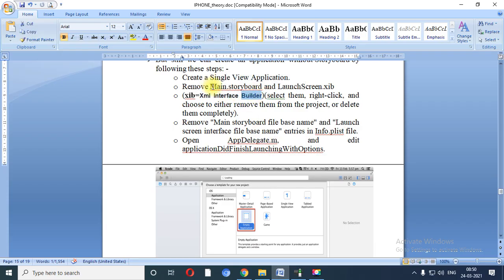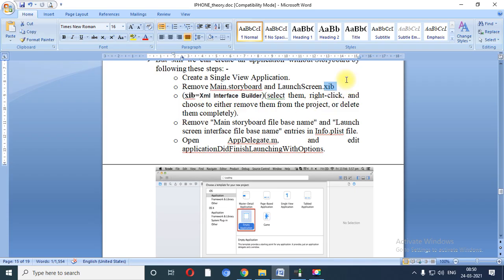So you need to remove 2 files to create empty application. First file is called main.storyboard. Generally main.storyboard file is a file which is used for the designing purpose in Xcode. So you need to delete main.storyboard file and launch screen.xib file.